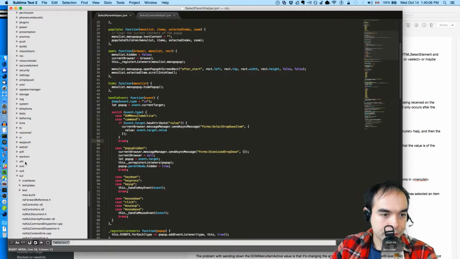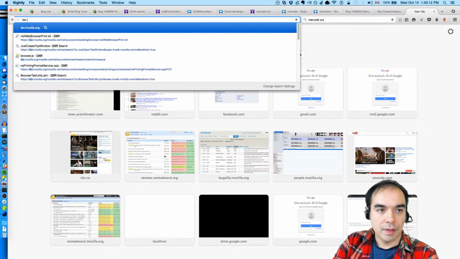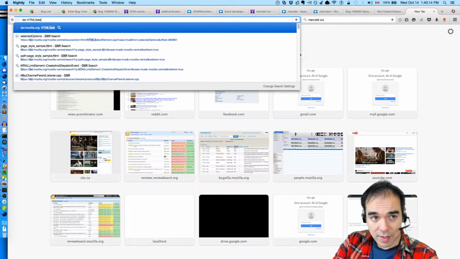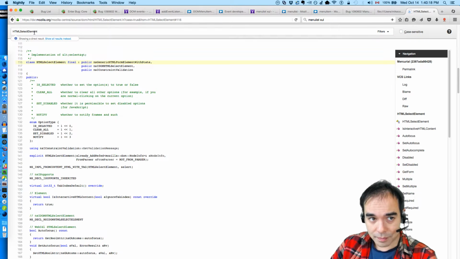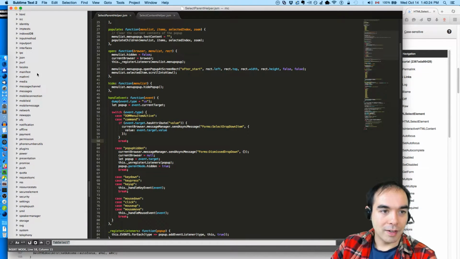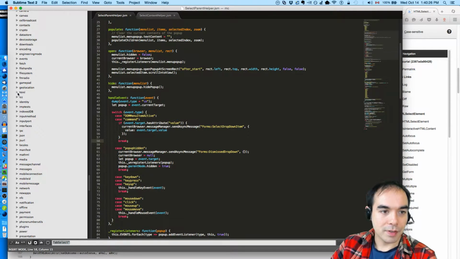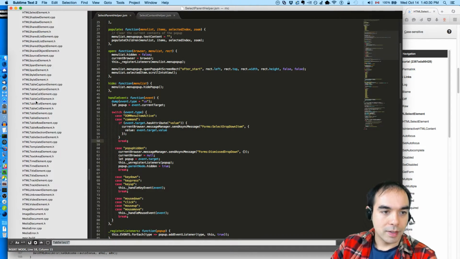Wow. You know what? There's an easier way to do this. HTML select element, I think is what it's called. Yay, I got it right. And it's under DOM HTML, of course. Why didn't I think of that? It's under DOM HTML. HTML select element.